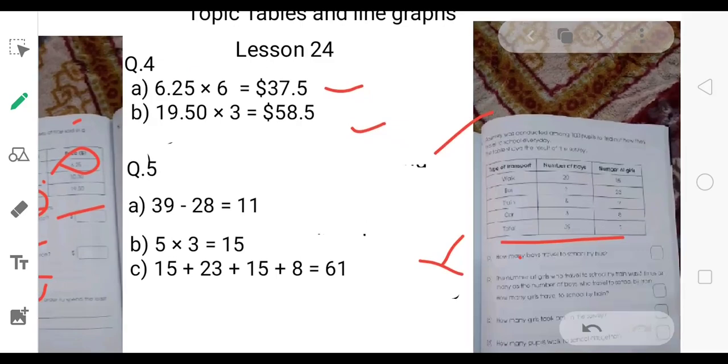Now listen to me carefully. What is the total amount of boys? That is 39. First of all, how can you find the number of boys who go by bus? First of all, you will add the number of boys who go by walk, 20, by train plus 5, by car